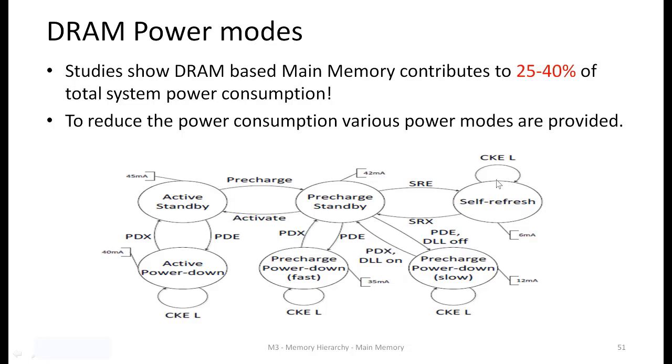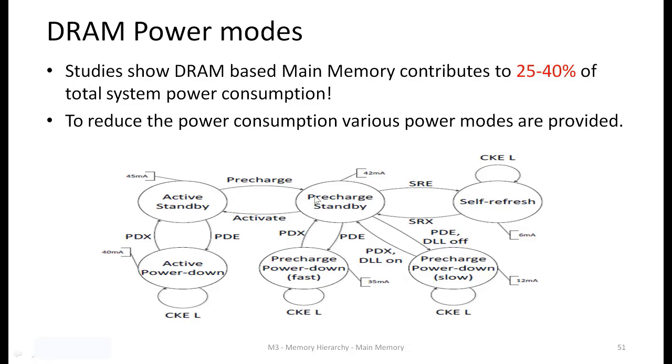But we want the boot up to be fast, so we don't move the data from the main memory to the secondary memory, and to maintain the data we need to do the refresh. Only refresh internally will happen in self-refresh mode,